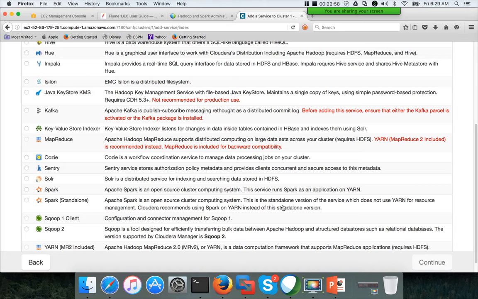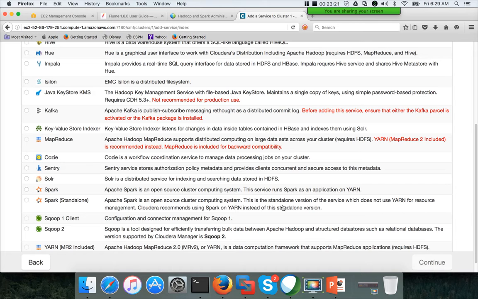It is part of resource manager. Typically, we will set it up with resource manager itself. And then job history server can be set up on any node. It could be a different node altogether, or it could be on the same node where resource manager is running.